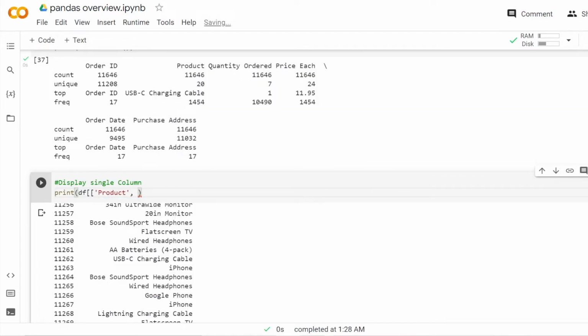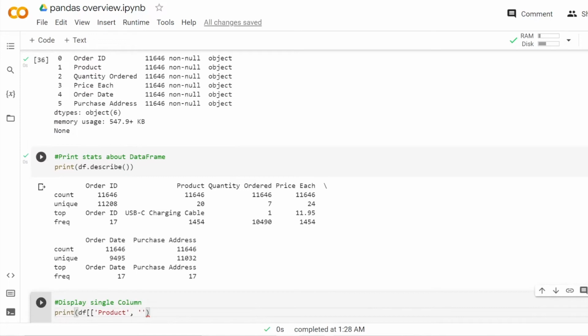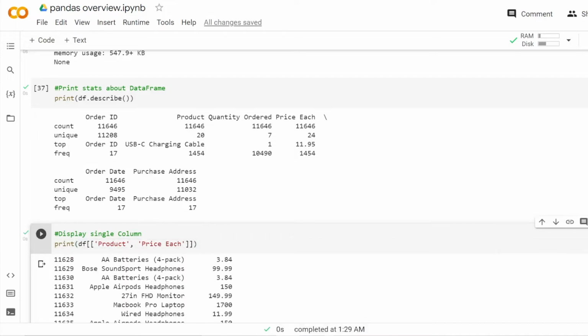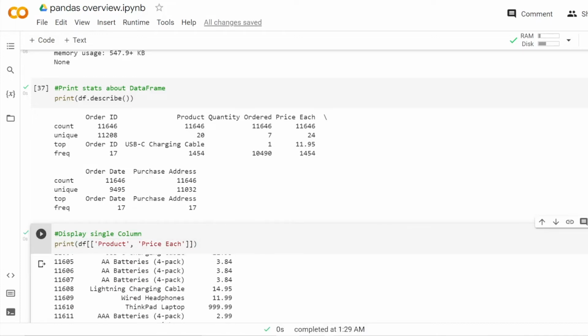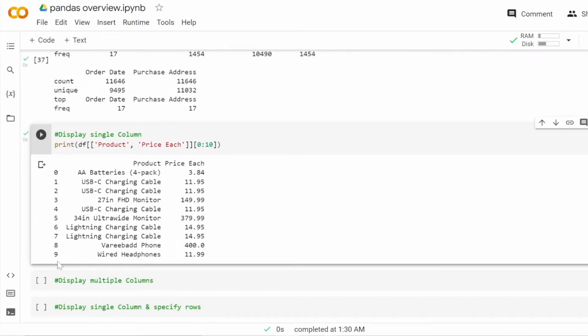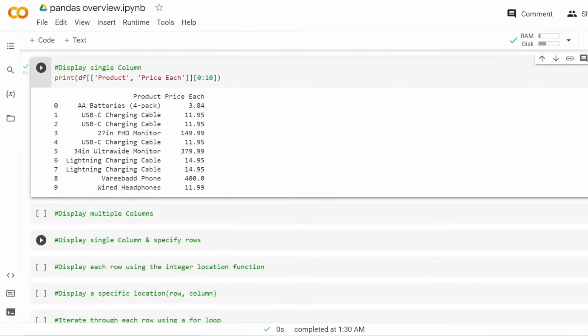12,000 odd entries. So we can limit that as well by selecting a certain amount of rows, or we could select other columns, and we can really choose how flexible we want this to be. So we could choose the product and the price of each there. So we've got the index, the product, and the price of each. So we've got single, and then now we've gone through to multiple columns. And then what we can also do is select index 0 to 10 and show those rows. And now we're starting to mold our data and see exactly what we want with very minimal lines